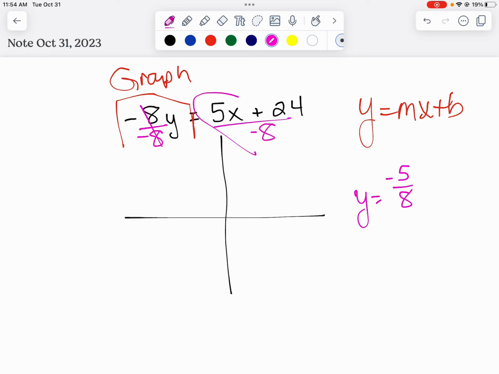-5/8 if you type that into Desmos. Keep the x because the x is right here, okay? And then we're gonna do the other side. 24 divided by -8 is -3. So from there, we